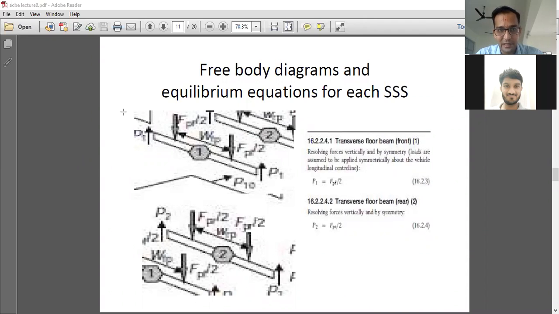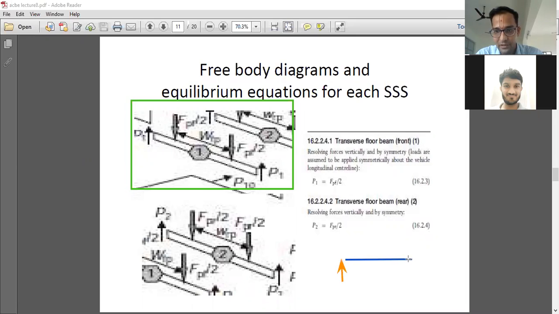If we are saying that this is the component, so here what is going to happen? We'll have a frontal beam. On that front beam, we'll have a particular loading condition. Now I'll draft that loading condition and how we are observing it. This is the component we are observing, and these are the reference reactions we are seeing, P1 and P2.